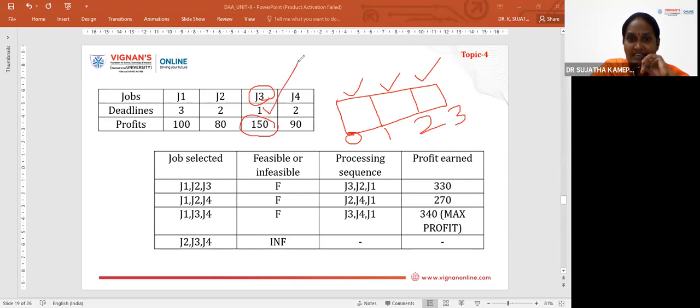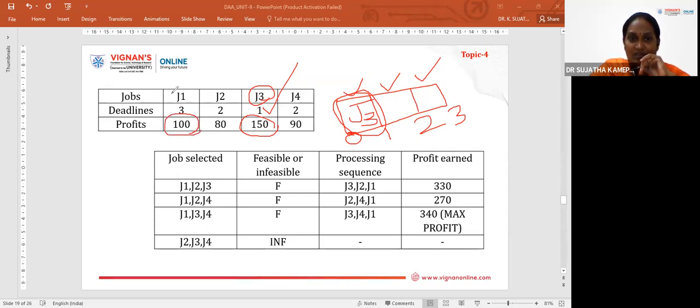And since its deadline is 1, we need to complete this job within this time. That is, he can wait up to 1 hour only. So that's why I need to complete this job within this slot. After that, we are going to take the next